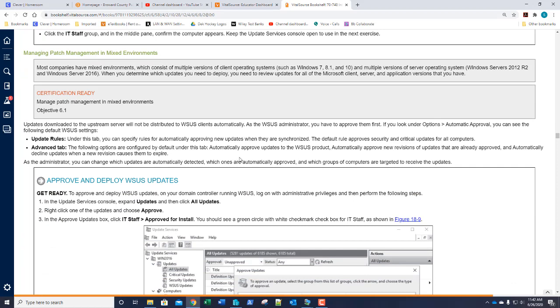Patch management in mixed environments. You're going to have Windows 7 computers. Well, hopefully those Windows 7 computers have all gone away, but you're going to have Windows 8, Windows 8.1, Windows 10, and you're probably going to have multiple versions of your Windows servers. I mean, companies just don't replace everything when something new comes out. Even though it's getting ready to go out of support, there may still be some Windows 2008 R2 servers in